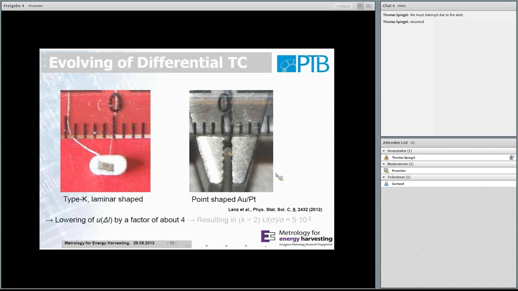There's also another advantage in switching from Type K thermocouples to gold platinum thermocouples. Type K thermocouples have to have a certain size because they are very stiff, and the size is approximately 2 millimeters. And simply by going to gold platinum thermocouples, we could reduce the size more or less to a point size, which has an extension of, let's say, 1/3 millimeter. This means reducing the size by a factor of 6. This does not mean that the uncertainty in the length measurement is also reduced by a factor of 6. This is only reduced by a factor of 4 because, let me explain,